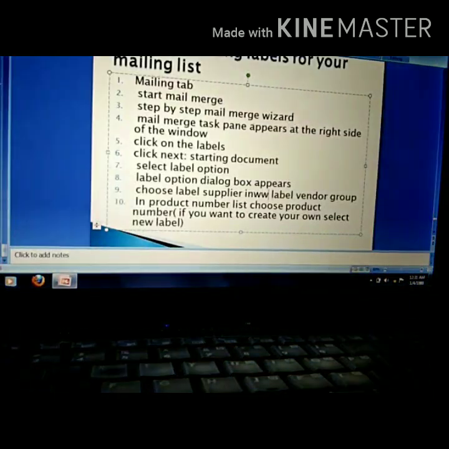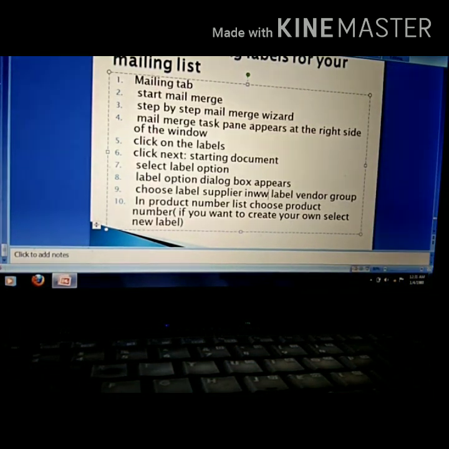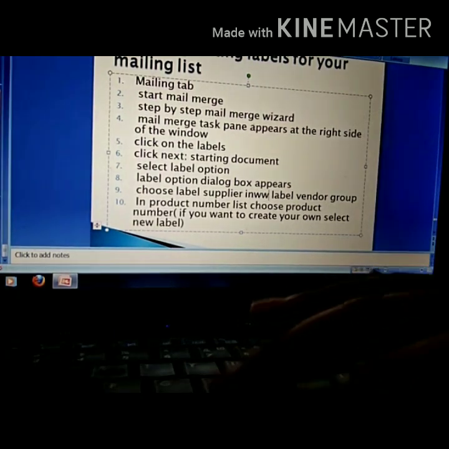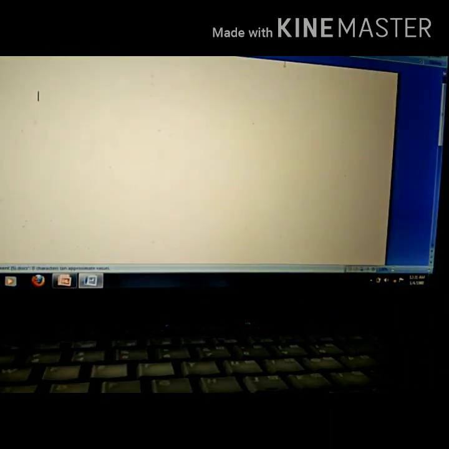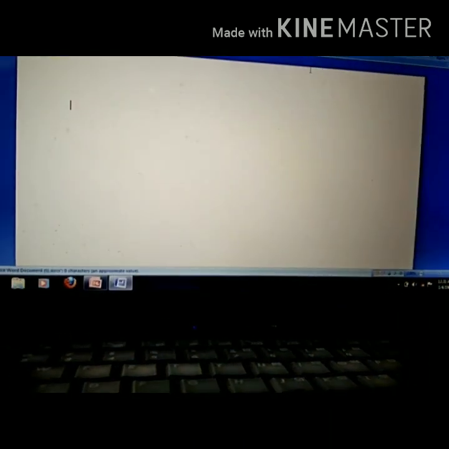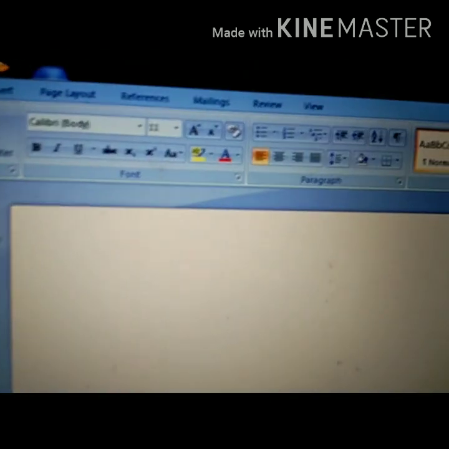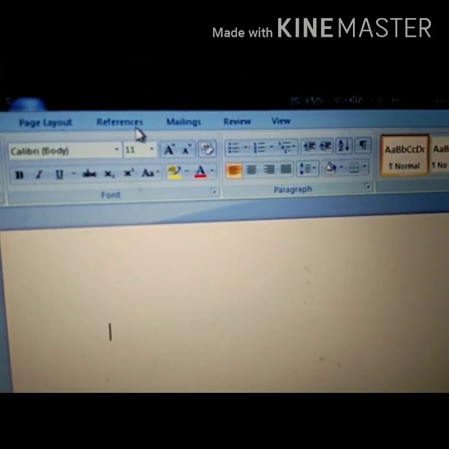Yes, my children, for this these are the labels, and how we can create them is our today's task. First, we will create one new MS Word document, a blank document. For creating labels, again, which tab is responsible? The Mailing tab is responsible for creating labels. So we will go to the Mailing tab. I am clicking here.